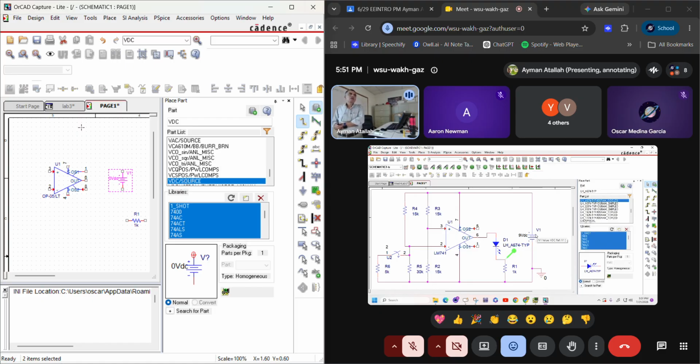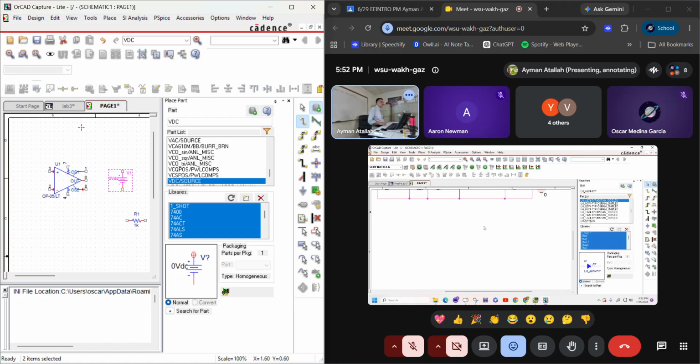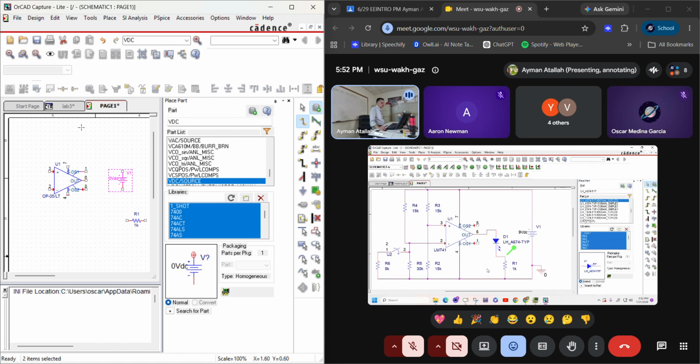But we need 1,000 milliampere, which equals 1 ampere. So we cannot use the operational amplifier to run a motor. If we put a motor here, the motor will run on and off. So what we can do